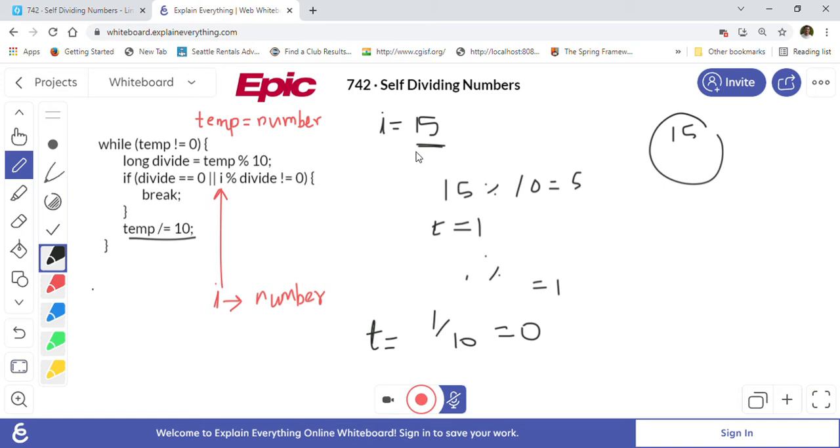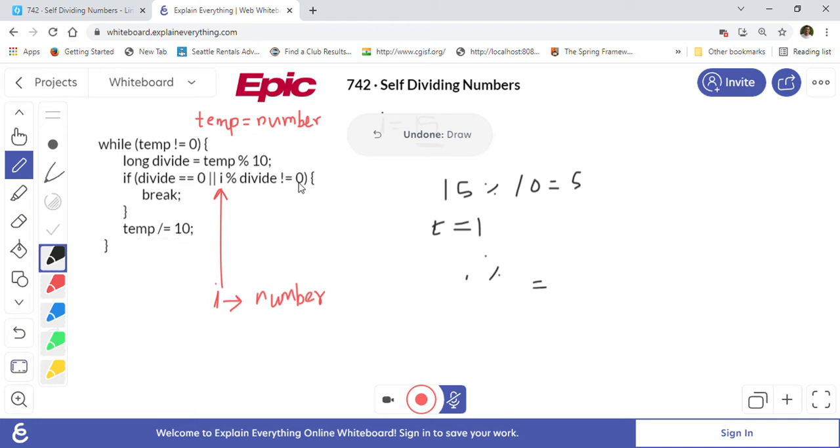So this is the logic we will be using, because we want to check if the number is completely divisible by all its digits, 1 as well as 5. If both are divisible, then we will add it into our list of answers. So similarly, let me just backtrack this so I can reuse the space.